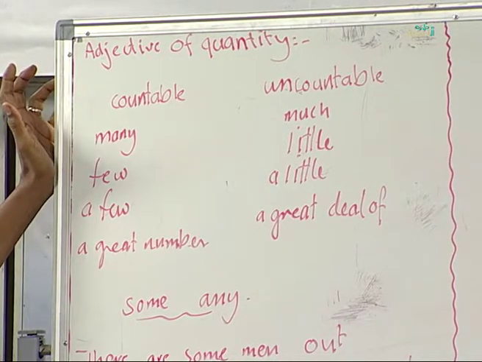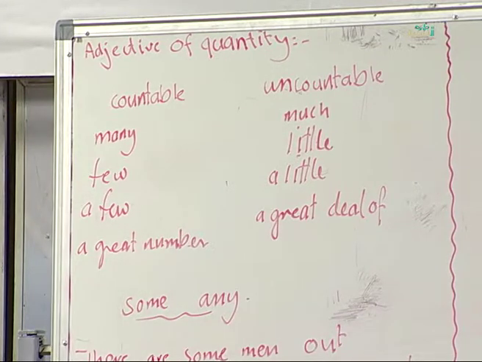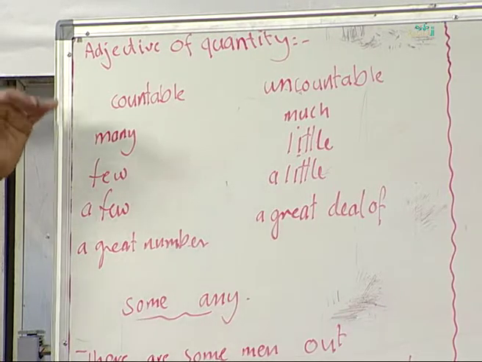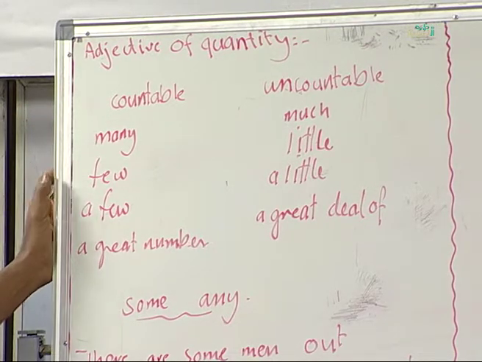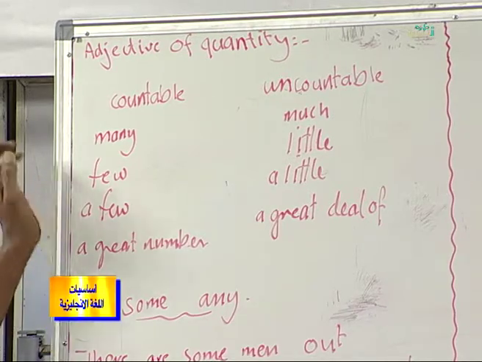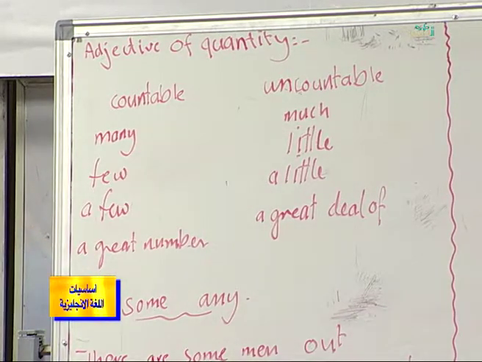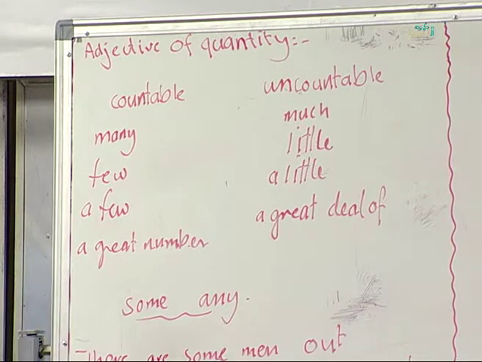For example, desk, you can count it. Chair, you can count it. Man, you can count it. Woman, girl, board, and so on. All of them we call countable nouns. There are some things that we can't count, and we call them uncountable nouns. Uncountable nouns, for example, water, milk, salt, earth, sugar, and so on.